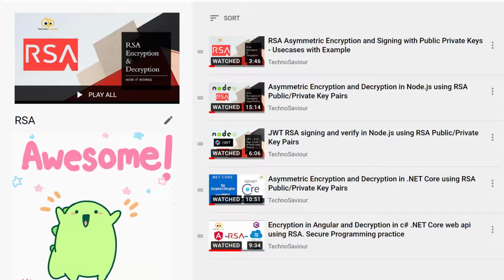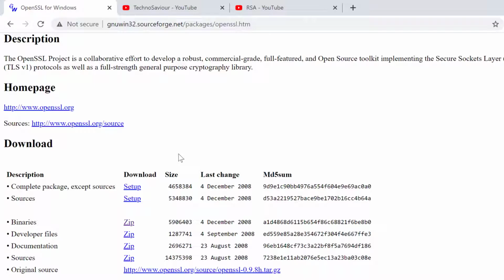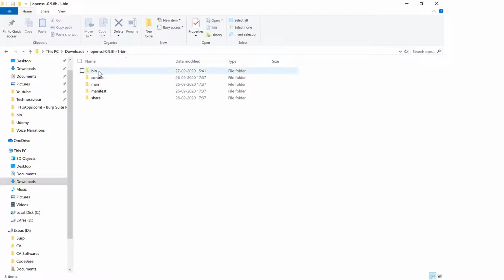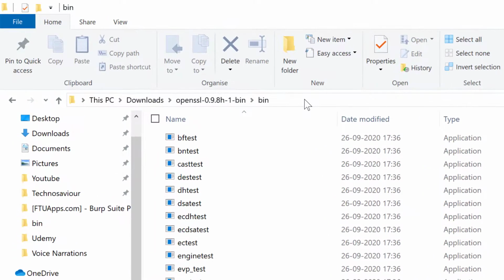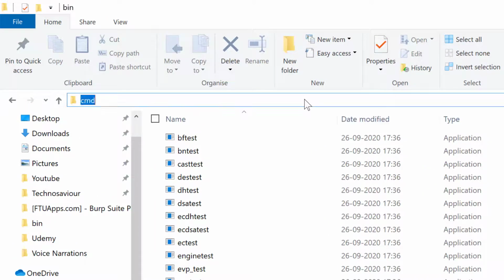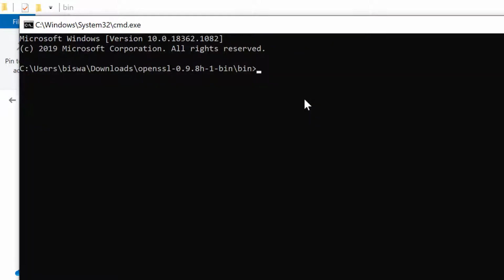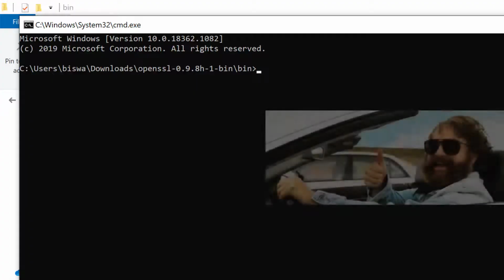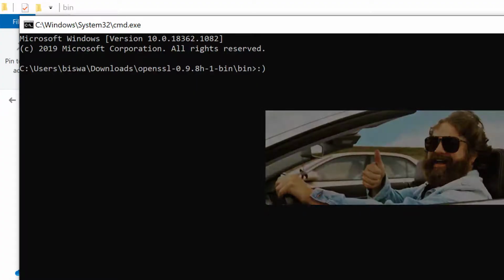Let's get started. If you want to generate an RSA public and private key pair, then I assume it's not going to be a very often practice. So I suggest not to install OpenSSL, rather just pull all the libraries. You can use this link and download the zip version of the binaries. Extract it. Now go to the extracted folder and in the address bar type cmd. As soon as you type cmd and click enter, the command prompt opens. I hope you are already aware of this shortcut, else you got to learn something new today, apart from generating the public and private key pair.